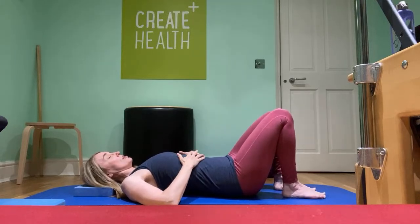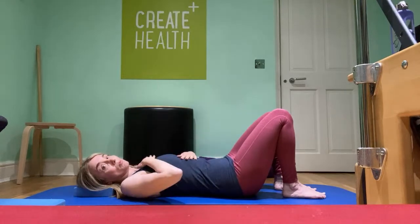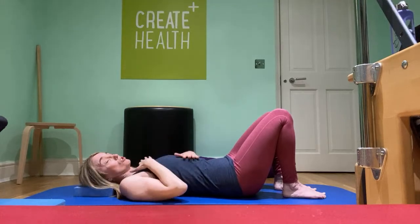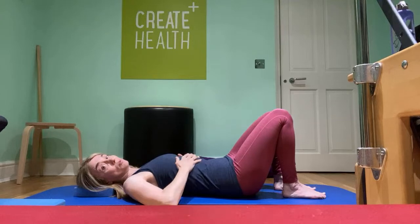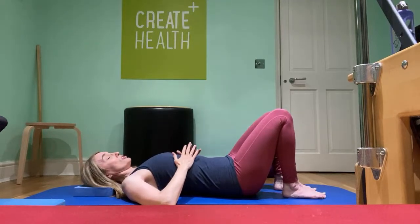So just close your eyes and place your hands on. Let's put one hand on those bottom ribs and one hand on our sternum, if that's comfortable. I know it's not always comfortable for people's shoulders, so do what you can. If you need to put both hands down here, that's fine. And we're just going to let